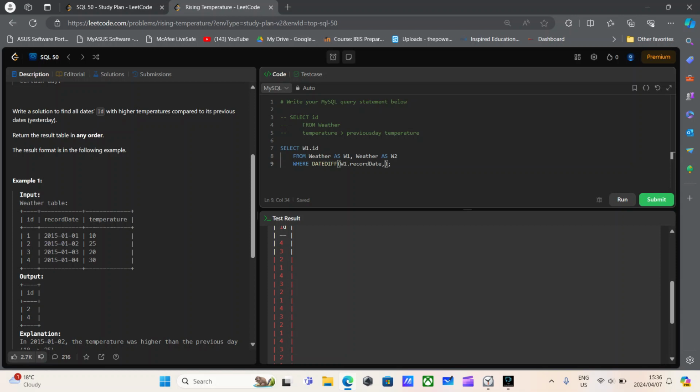DATEDIFF of w1.recordDate and w2.recordDate is equal to 1. What this function does is it takes two date attributes and compares them. In this case, it subtracts them. Date difference is, i.e., date subtraction. We only want the difference where it's 1. And if I do that,